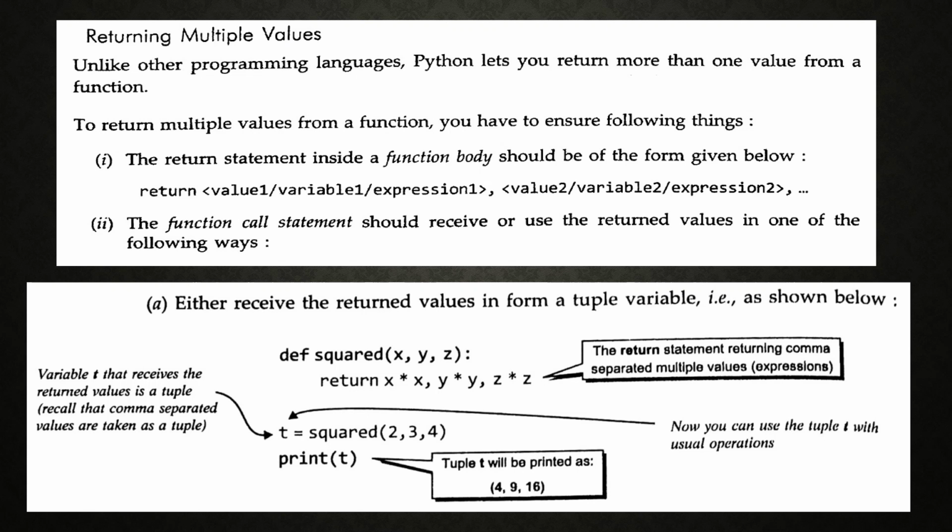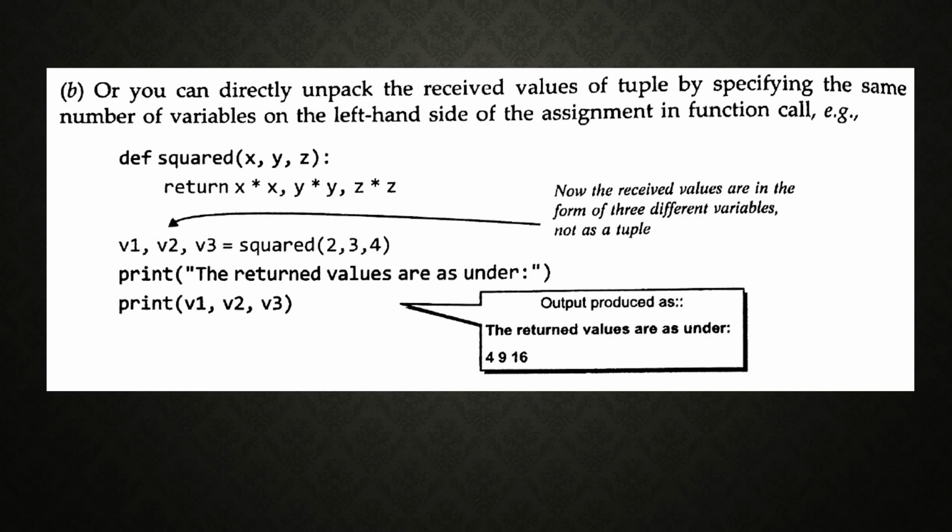So t is outside the function definition, so that particular statement does not belong to the function. T is equal to squared 2, 3, 4 and print t. Here t indicates a tuple. The variable t that receives the returned values is a tuple. Recall that comma separated values are taken as a tuple. Next, go through the next